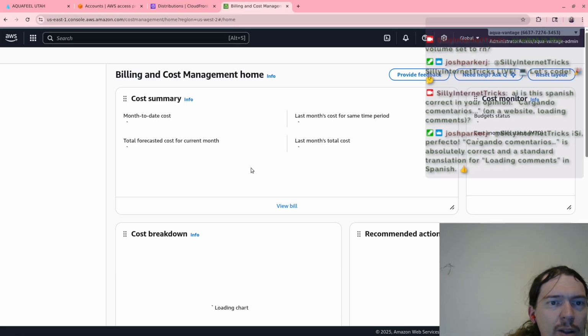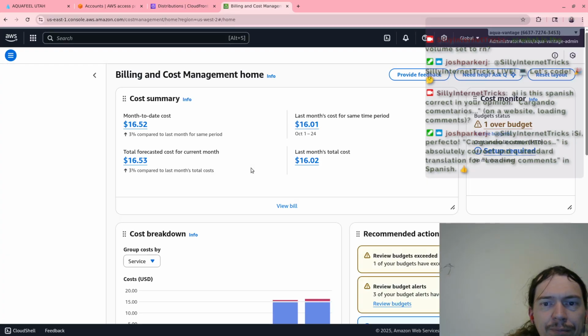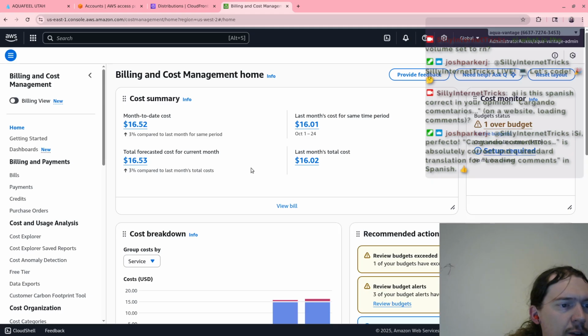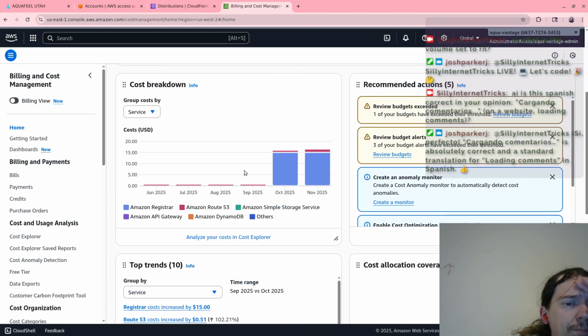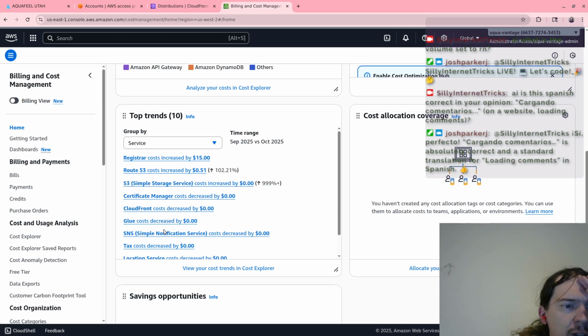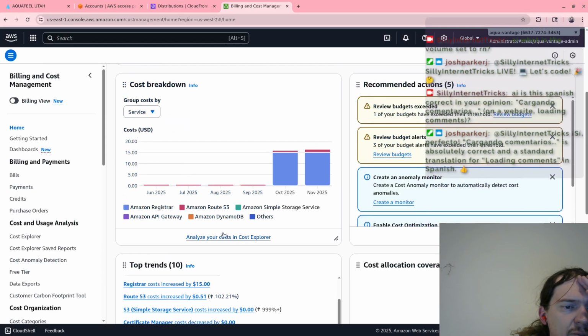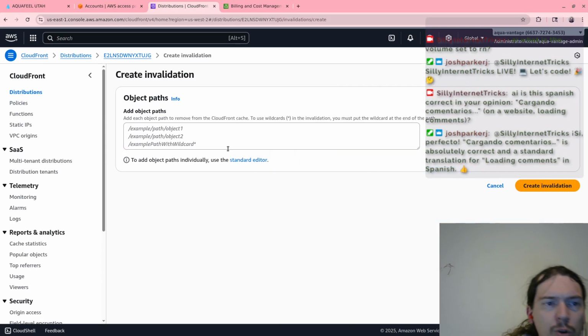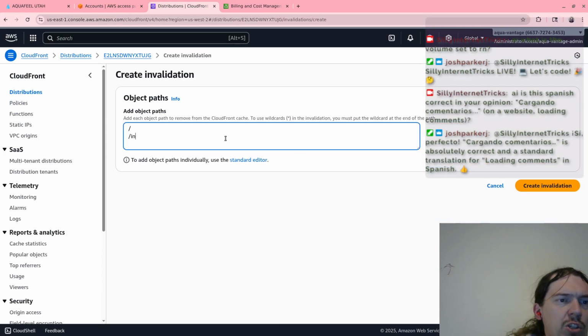Does this show anything untoward? I think it's okay. So it's trying to break down by service, but I actually still don't understand how this works very well. So CloudFront costs, yeah, we're doing fine. Okay, so slash